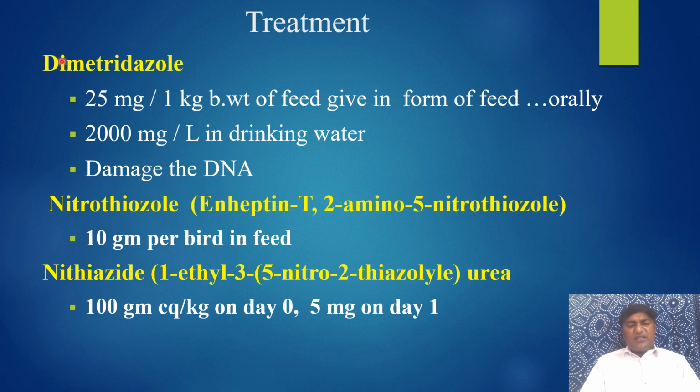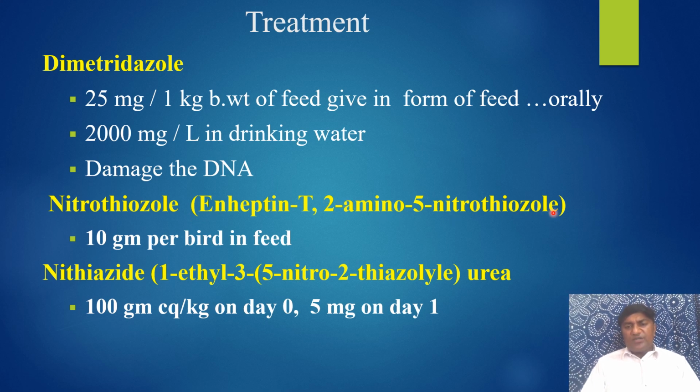For treatment, dimetridazole 25 milligrams per 1 kg body weight of the feed given orally, and 2000 milligrams per liter in the drinking water. Its mode of action is to damage the DNA. Then you can also use nitrothiazole,